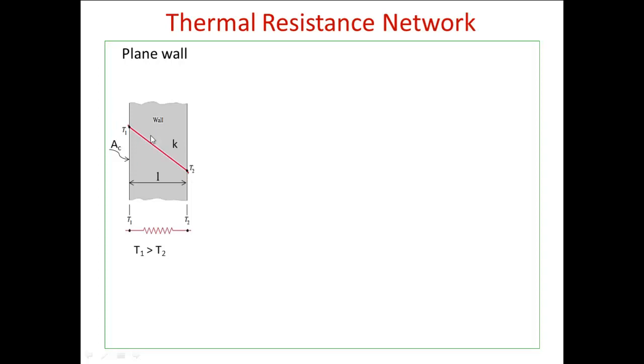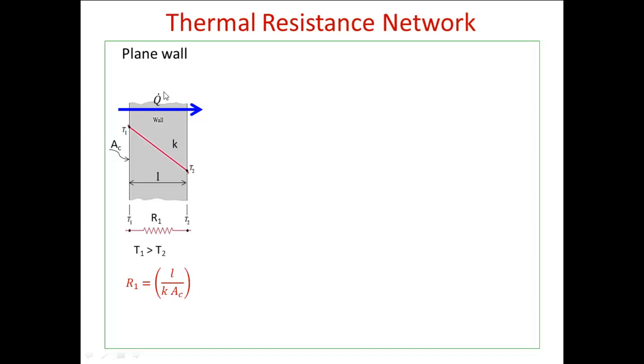Now heat transfer is going to occur from higher temperature to lower temperature through this solid object. For this case, this temperature is higher whereas this temperature is lower, because this material offers some resistance. That is why there is a fall in temperature. That resistance we call conductive resistance. Here the mode of heat transfer is conduction, therefore the resistance is conductive resistance. How to calculate this resistance? The conductive resistance is given as L by KA.